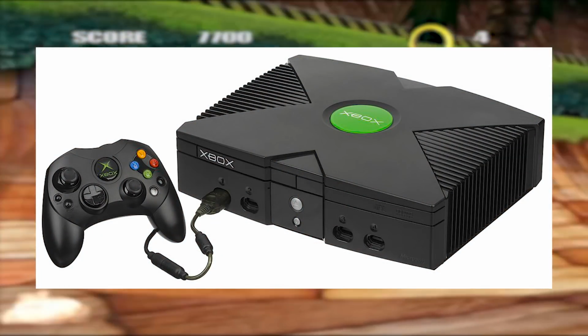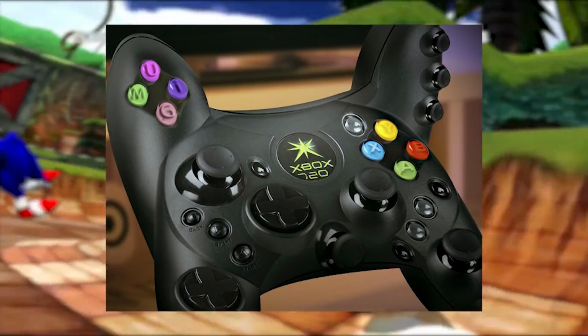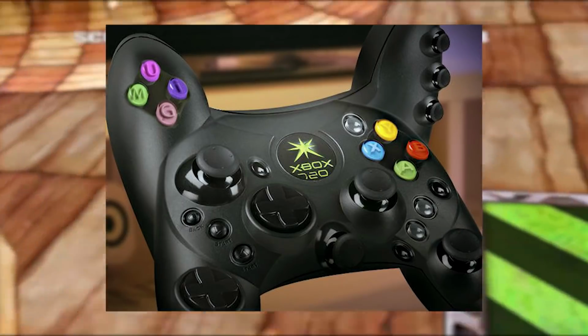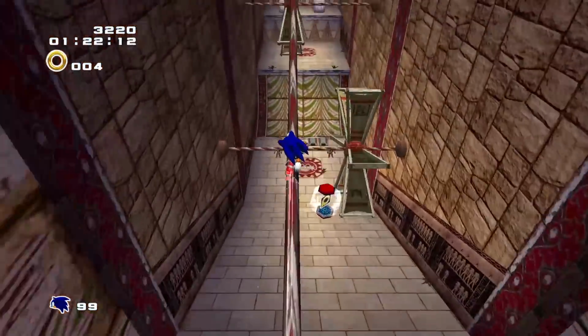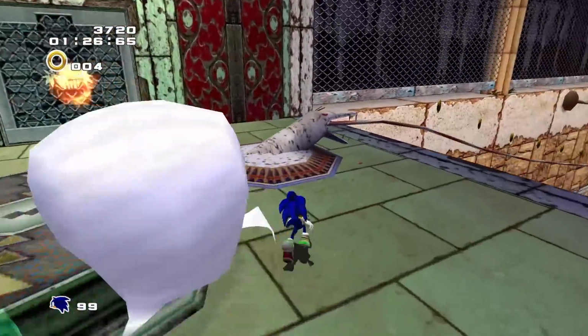This prototype was built on the Xbox with the intent to port to the GameCube and PS2. They chose the Xbox as Visionscape was the most comfortable with the platform, as they essentially retooled the Tech Deck game with the Sonic assets mainly coming from Sonic Adventure 2, as that was the last mainline Sonic game released